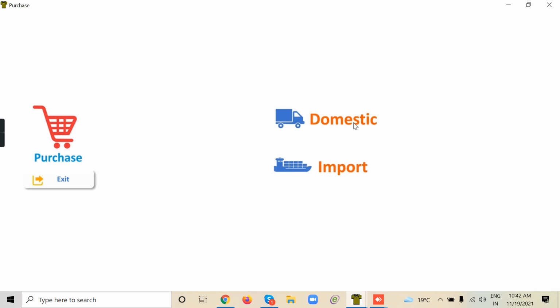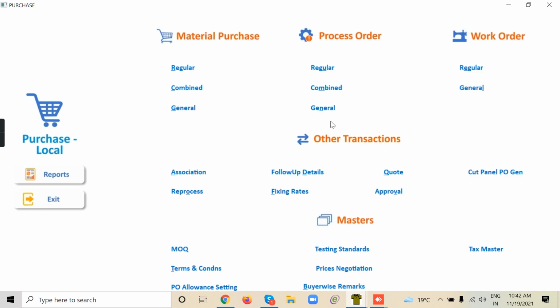Okay. So here, after making the bill of materials, the merchant will have to make the purchase order. So when they make the purchase order, there are three types of purchases. One is purchase of finished raw material that comes as raw material purchase. Another kind of purchase is the service purchase, like you are making a knitting order, you are making a fabric dyeing order. Those are all services that you are taking.